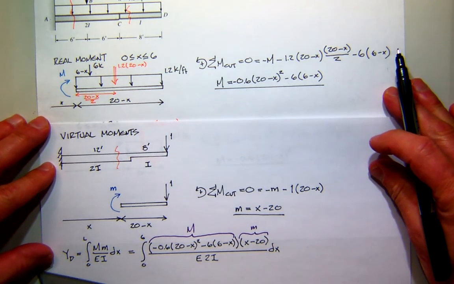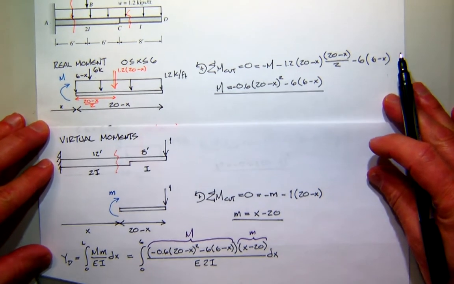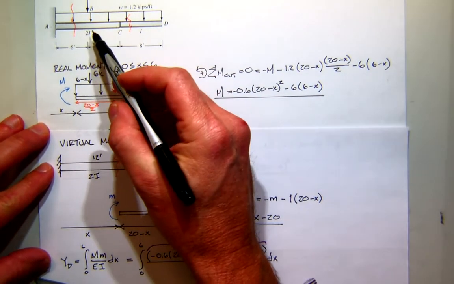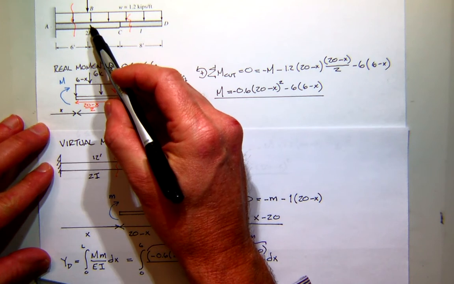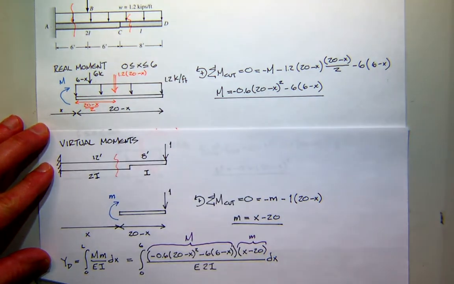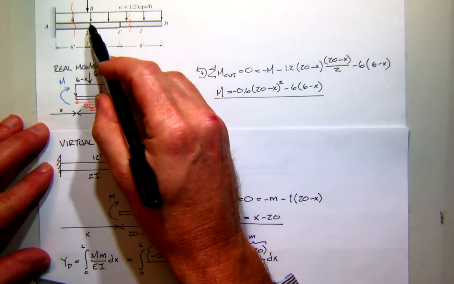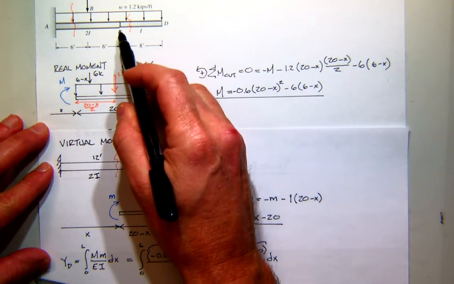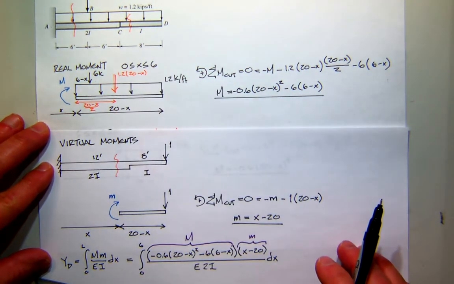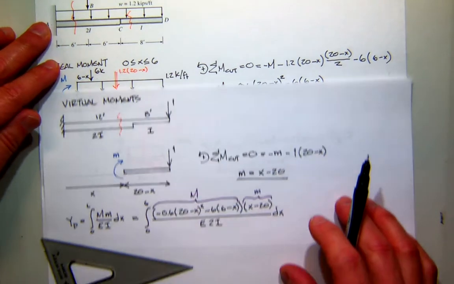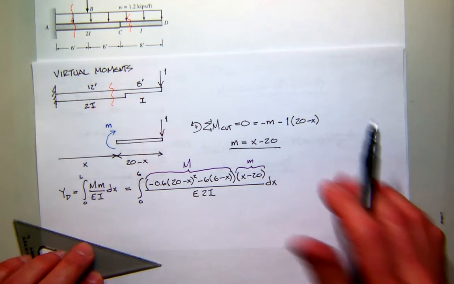So I need to decide what's going to happen next. I need to construct an M over EI integrand that goes this way, which is great, but I've got this change here. So I'll have to choke up on the page a little bit. I will now integrate